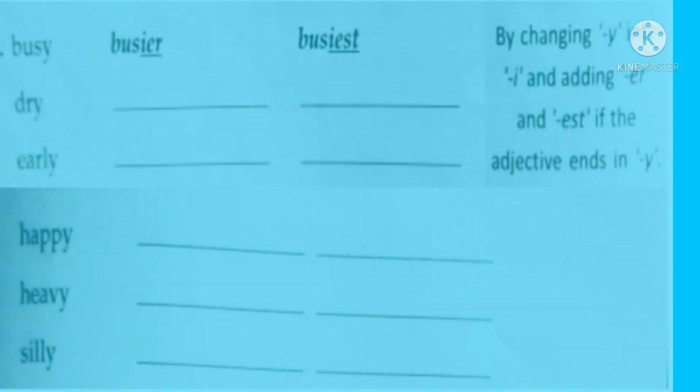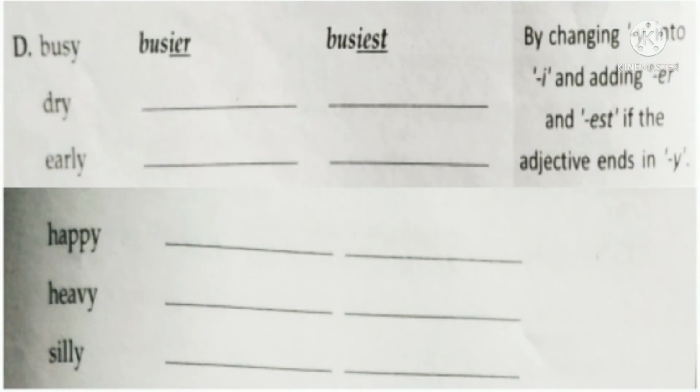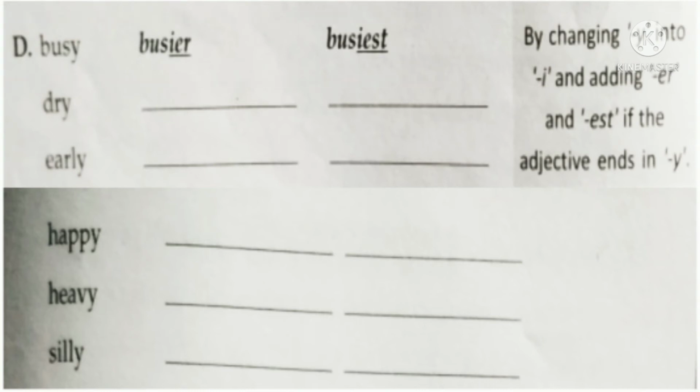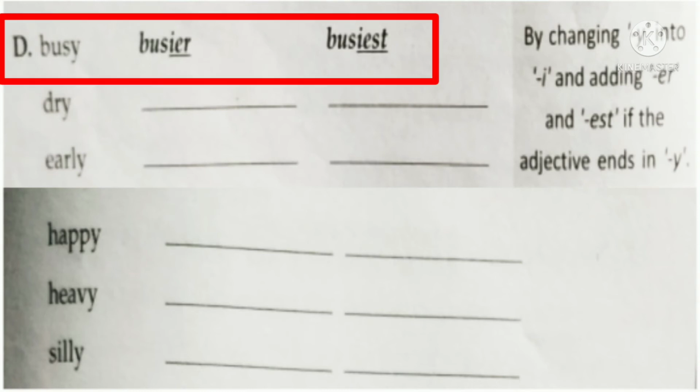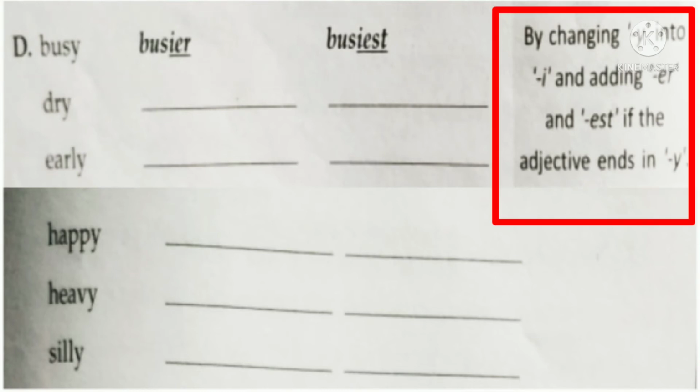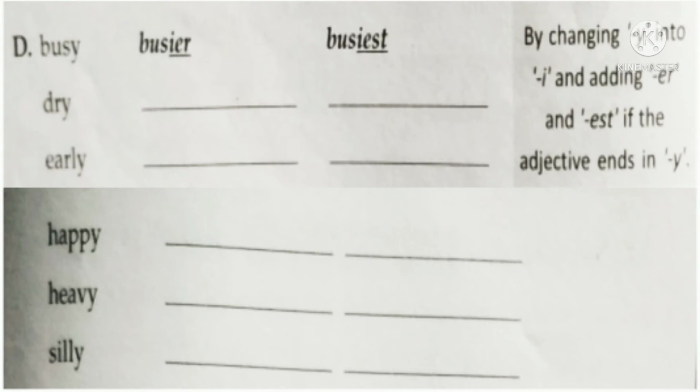So now look at the next exercise, that is exercise number D. Here also one example is given. The adjective is busy, and the comparative degree of the adjective busy will be busier, and the superlative degree will be busiest. I hope you remember the fourth rule, that if the positive degree ends with y, then we remove